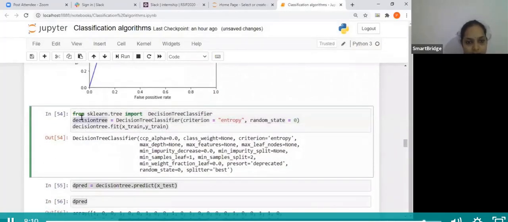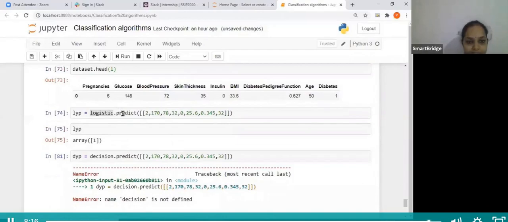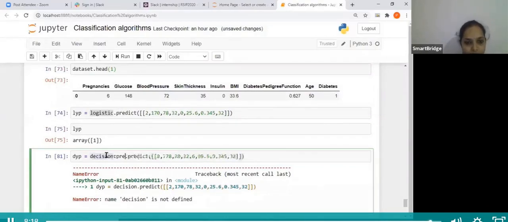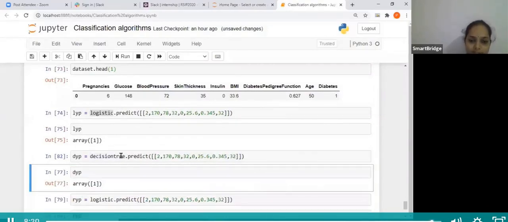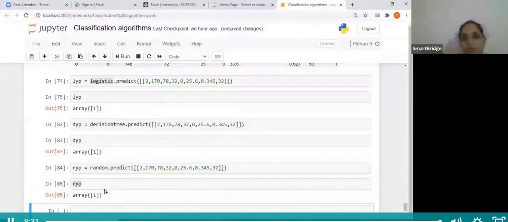Okay, the class name that I've taken is decision tree. Decision tree.predict, random. All right, guys.